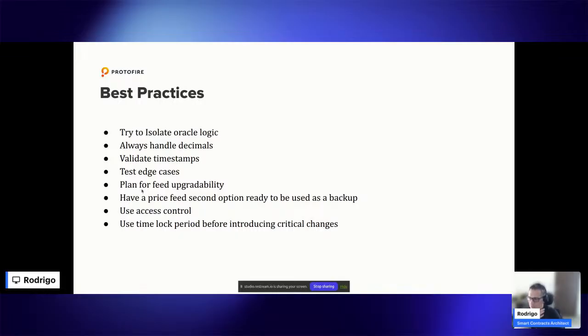Use access control is kind of obvious. I mean, but sorry, I left it because there are many hacks related with this kind of things. Actually, I think I remember some attack on... I don't remember if there was an attack about that, but I can remember that Aave at some point